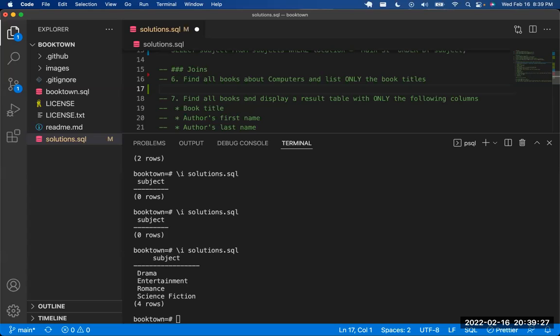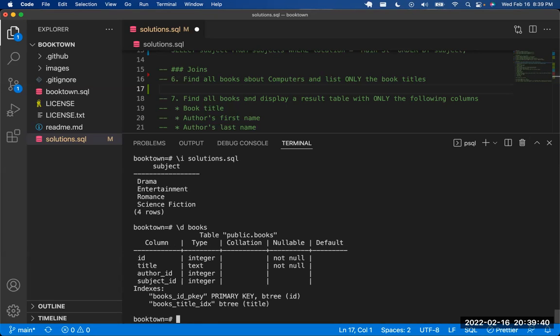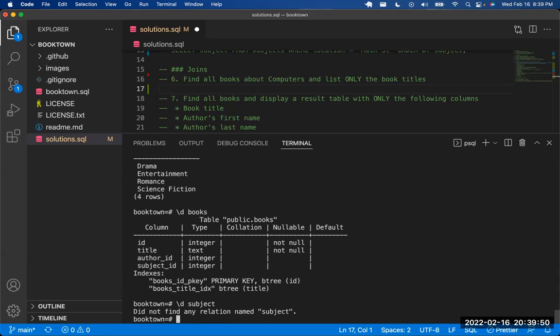So the tricky bit here is that if we describe the books table, you can see there is no subject listed here, but there's a foreign key that relates to the subject ID. So if we describe the subjects table,